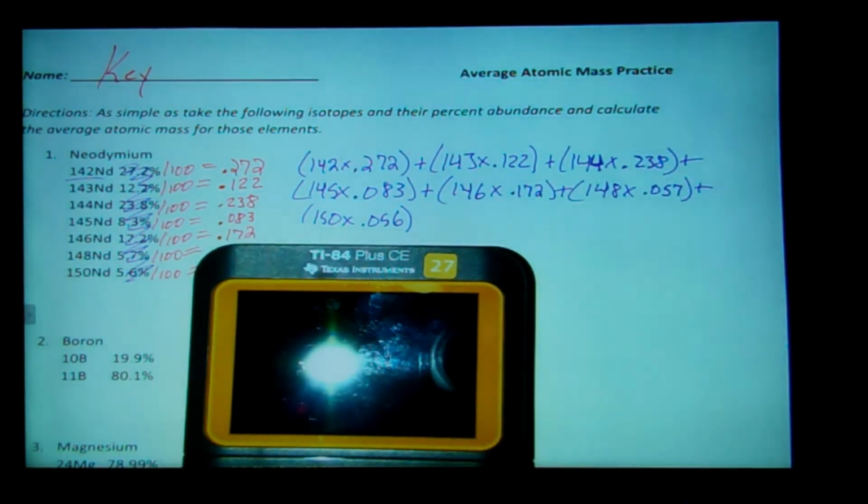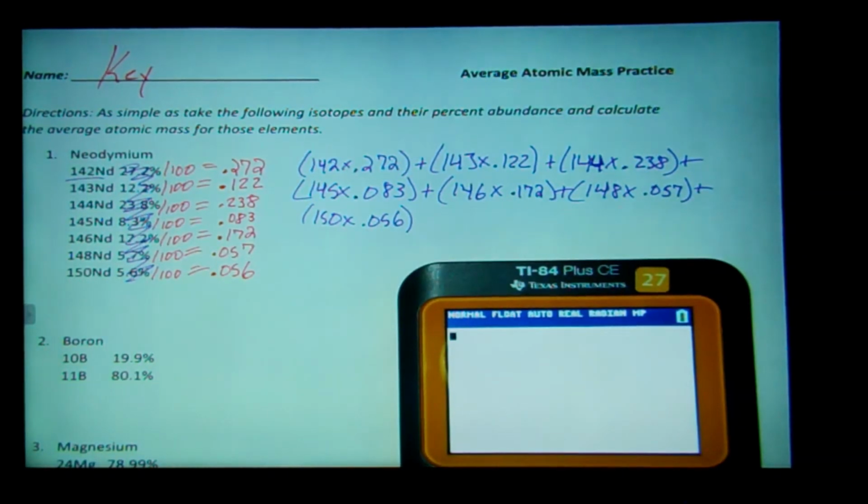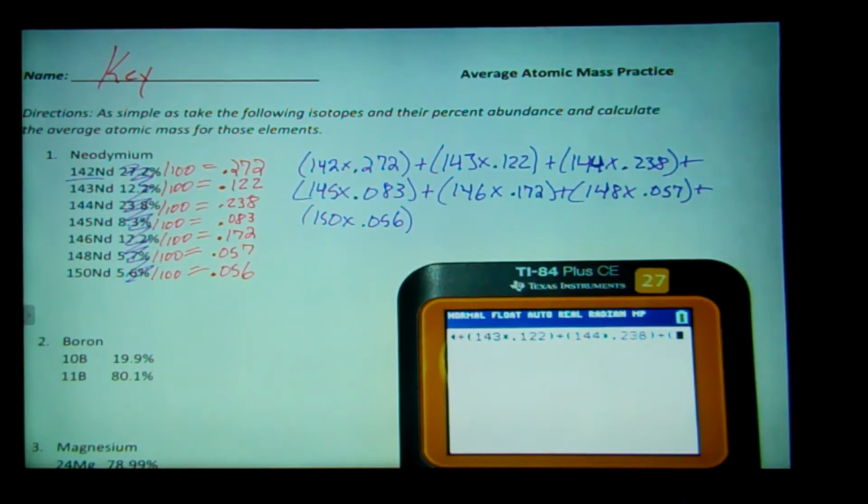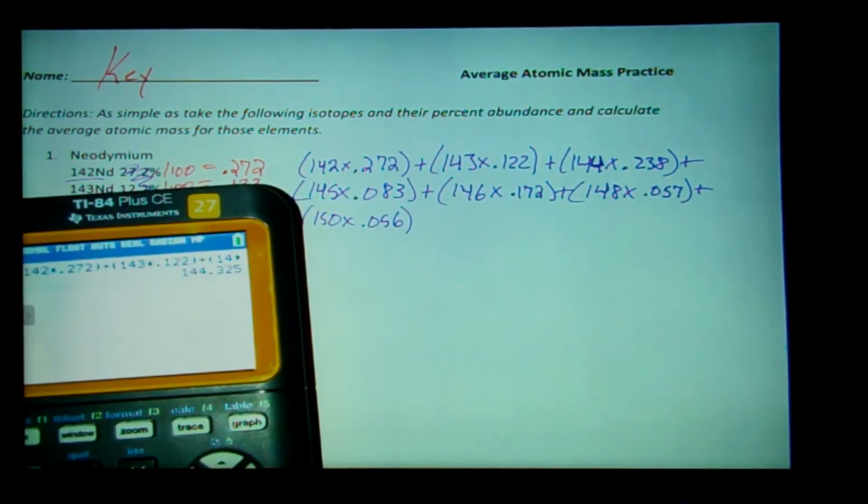Let's type this all in a calculator. I'm going to show you how I like to do it. Whenever I'm typing the whole thing in the calculator, this is what it looks like for me. Parentheses 142 times 0.272 in parentheses plus parentheses 143 times 0.122 in parentheses plus parentheses 144 times 0.238 in parentheses plus parentheses 145 times 0.083 in parentheses plus 146 times 0.172. I think you guys are catching the drift here. Hopefully you are. In parentheses, so I get the average atomic mass of neodymium to be